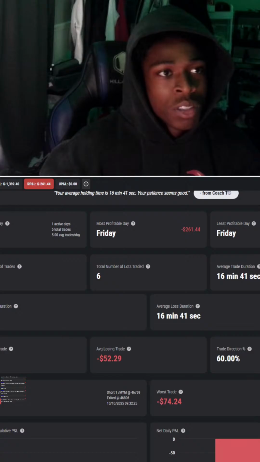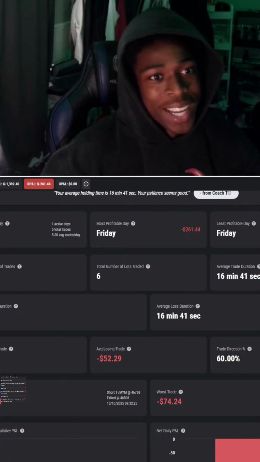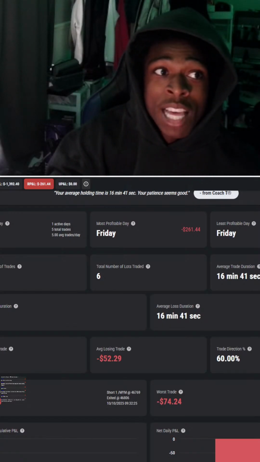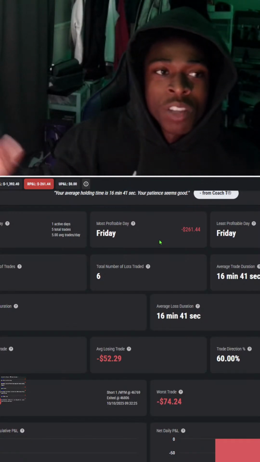I don't know how I feel about these 2 accounts. I really just want to go get 3 more accounts, get fully allocated, technically, because these accounts are down. I'm not really fully allocated. I can't really risk what I'm risking on other accounts on this